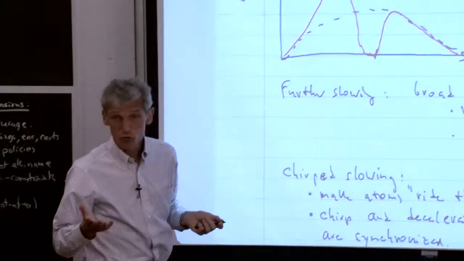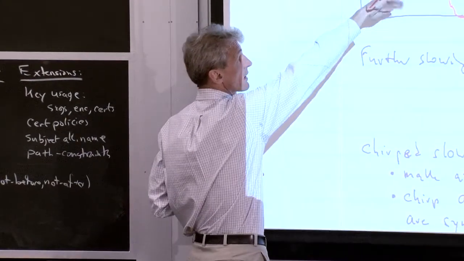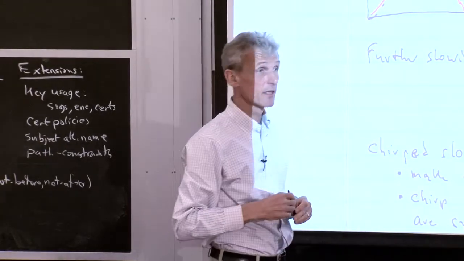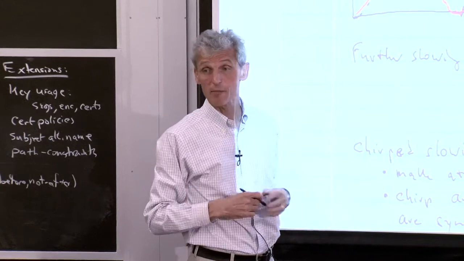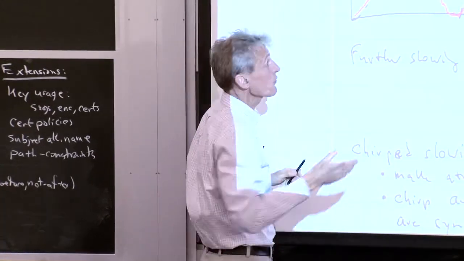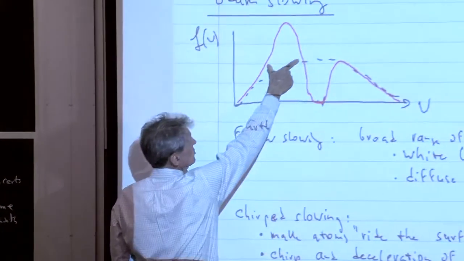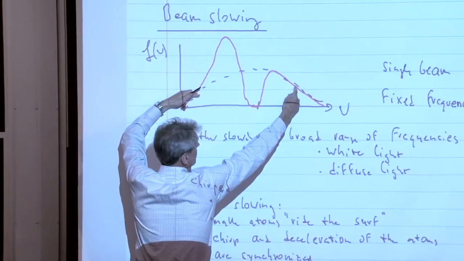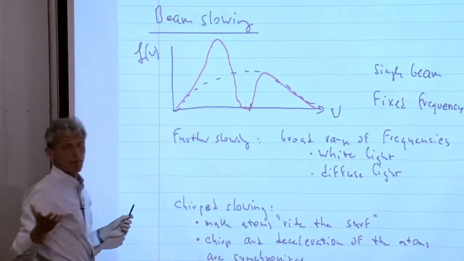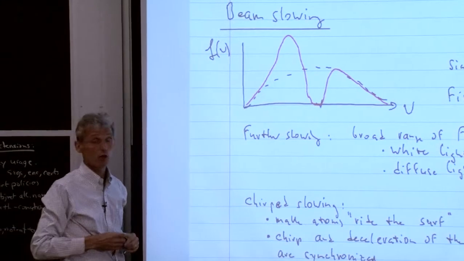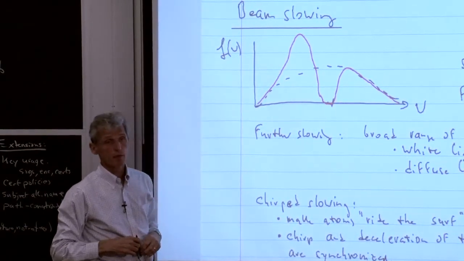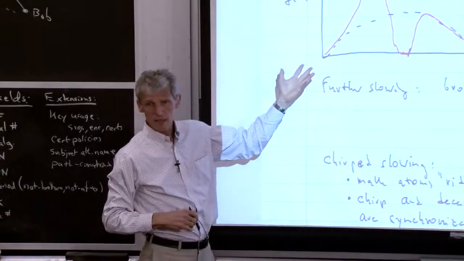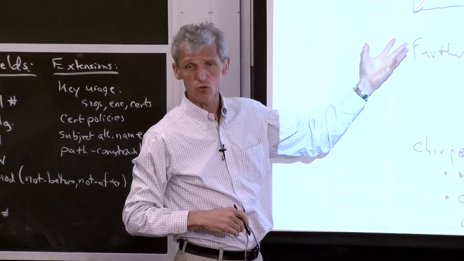People called it already cooling, and I think some pioneers in Russia who did those experiments were disappointed that they were not honored with a Nobel Prize in laser cooling. This was the first cooling because this distribution here is considerably narrower than here, and temperature is nothing else than a measure of the width of the velocity distribution. But one can say that those experiments did not trigger a revolution in atomic physics.